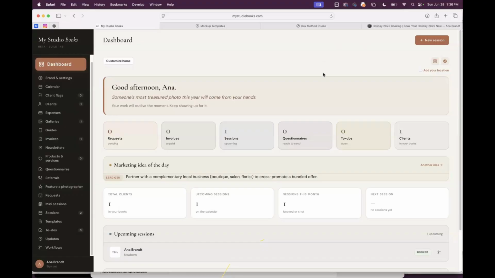So does anyone else have any questions about Studio Books before I go to the other programs? Yes. Okay. Can we print a list of clients that have signed up for a certain mini session? Hmm. You should be able to. I can make a printer friendly page for mini sessions, because that's important.